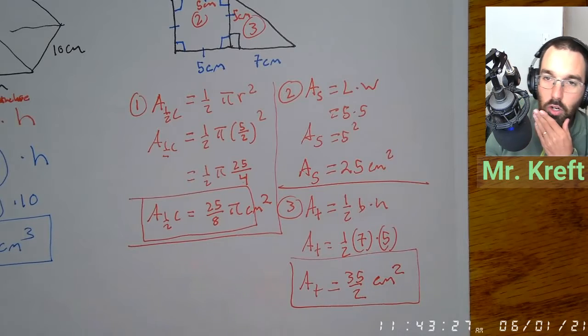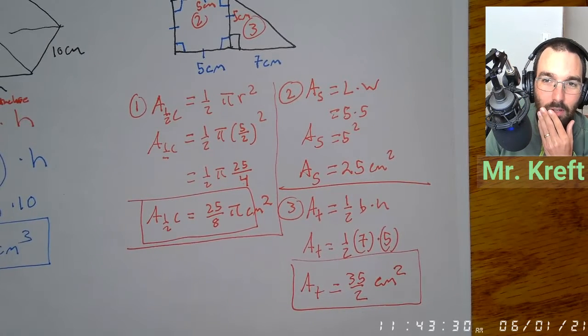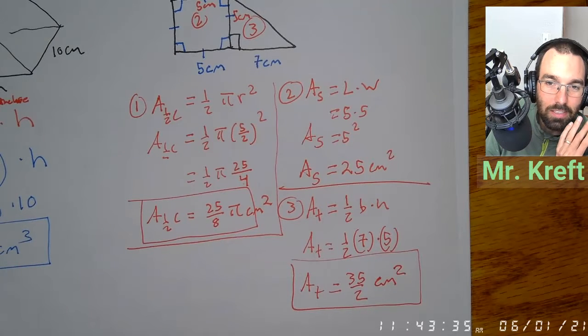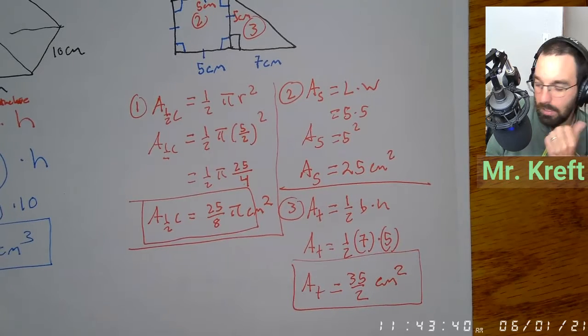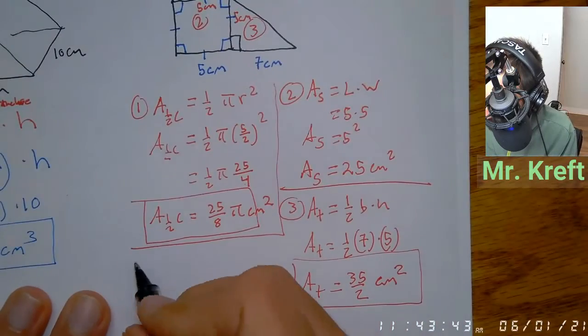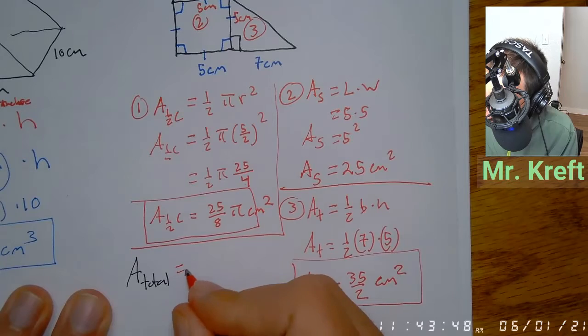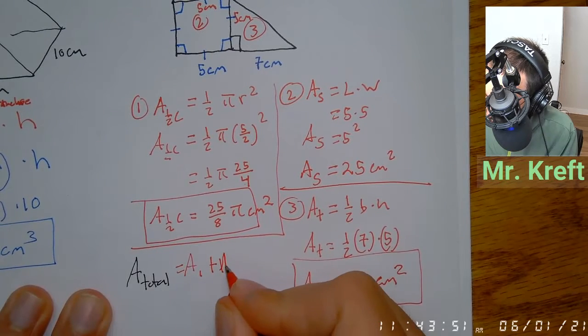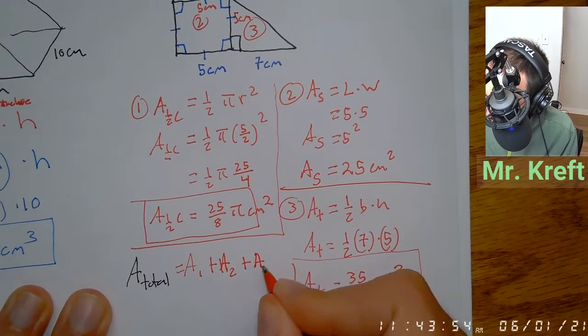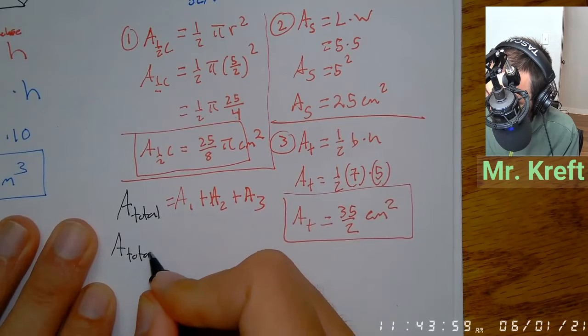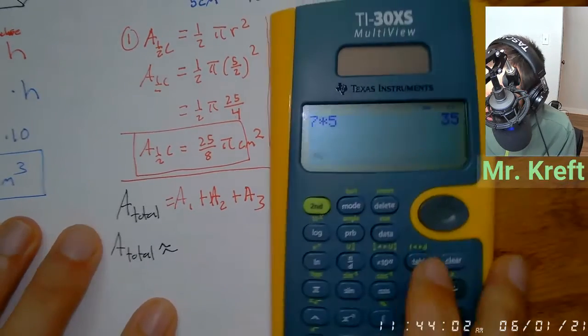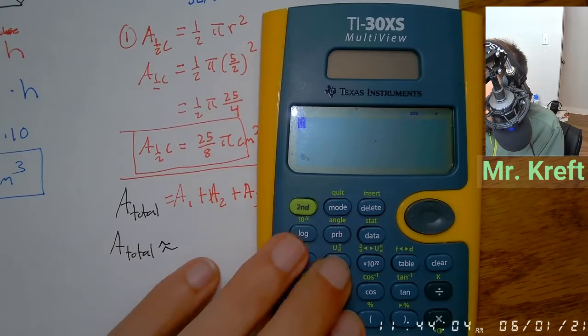And then again, no rounding. Now I know you can write that as a decimal without rounding, but the point is that as a fraction, I can just type these all into my calculator and not have to worry about did I round, did I do anything. Okay? And I'll show you what I mean in just a second. Because we're going to find the area total, and that's going to equal area of my first one plus area of my second one plus the area of my third one. So my area total is going to be approximately, and this is where I just add them all in. So I have